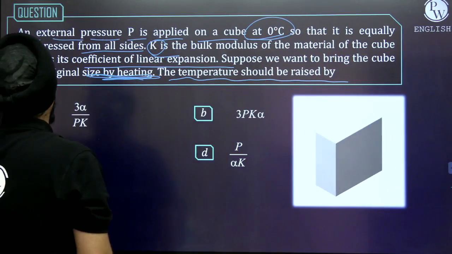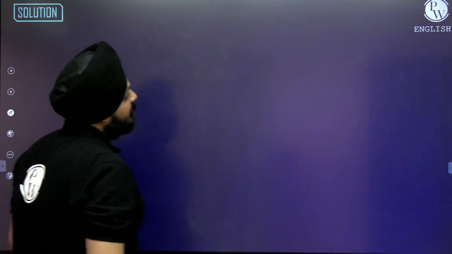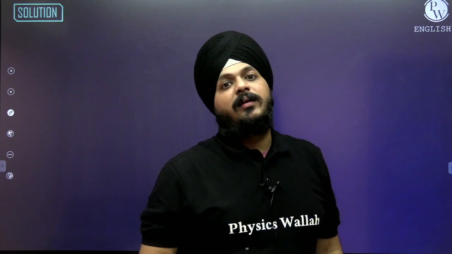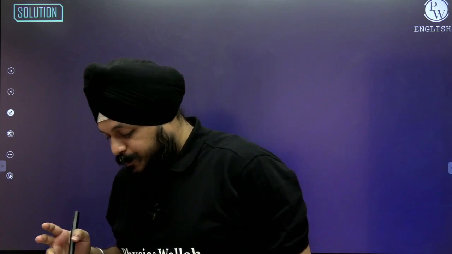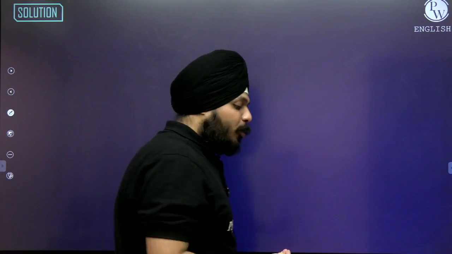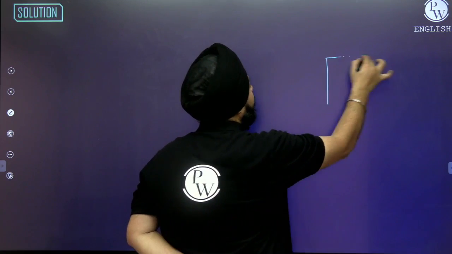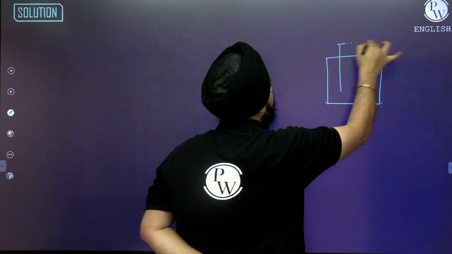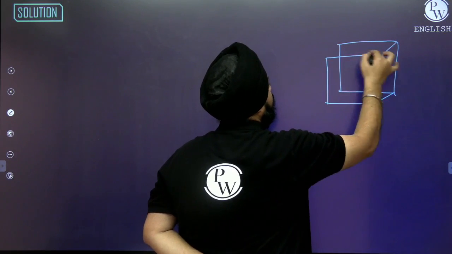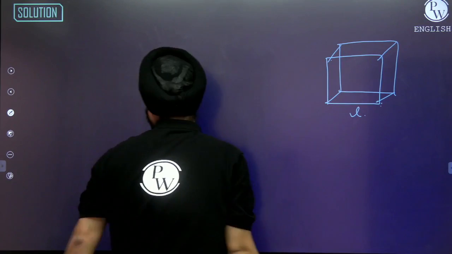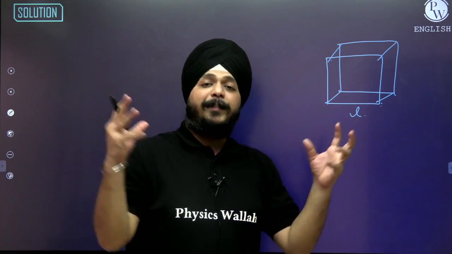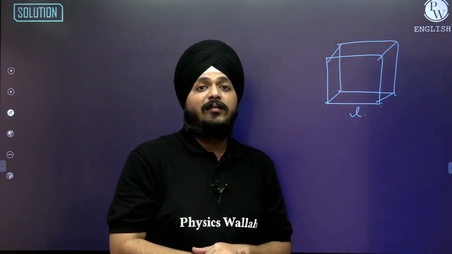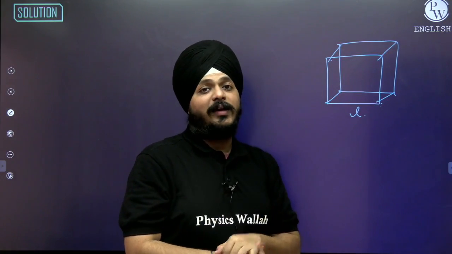Very, very simple thing. In the question, a cube is mentioned. Suppose the cube is compressed. Let us take an example. Suppose this is a cube having length L. Now it is getting compressed equally from all sides, and obviously, this is a three-dimensional object. If it is getting compressed,